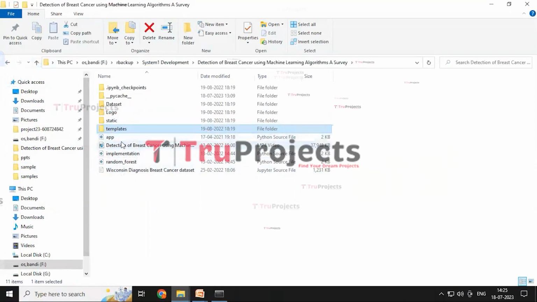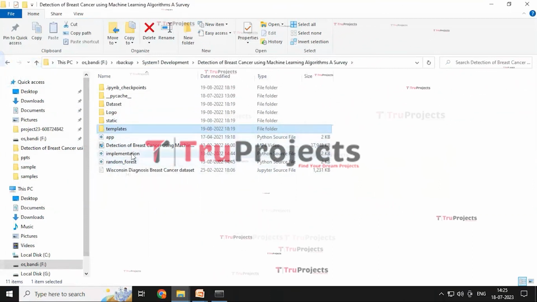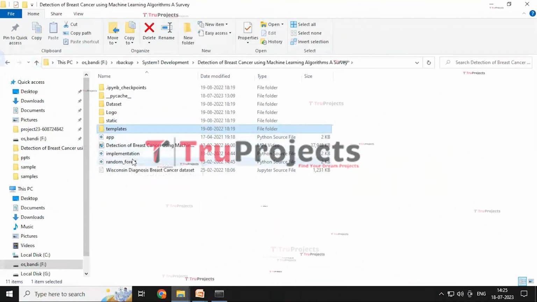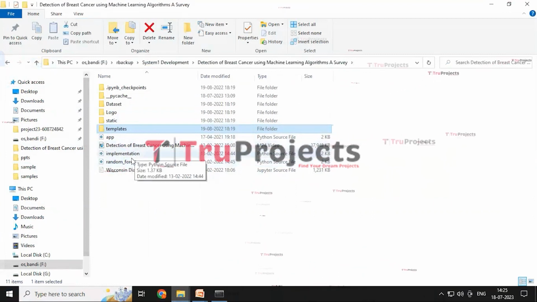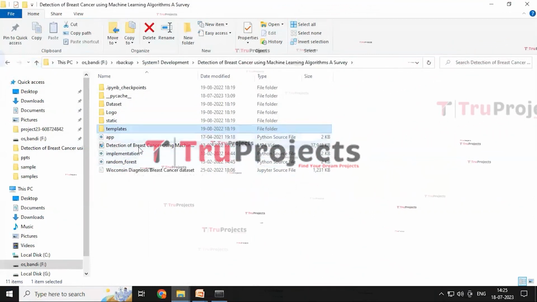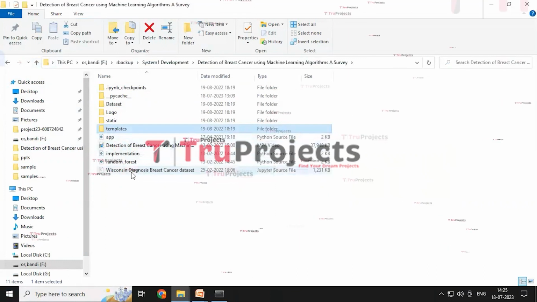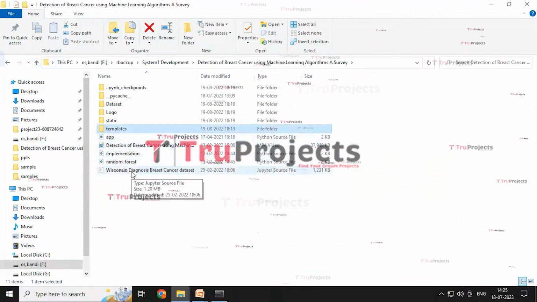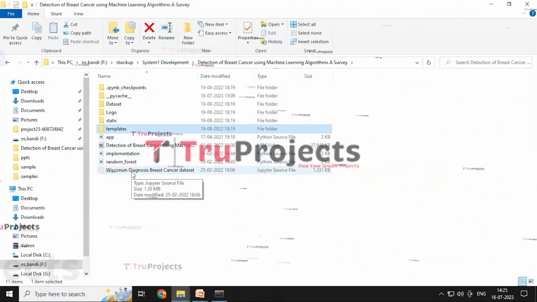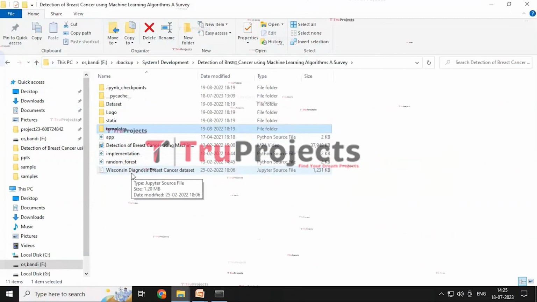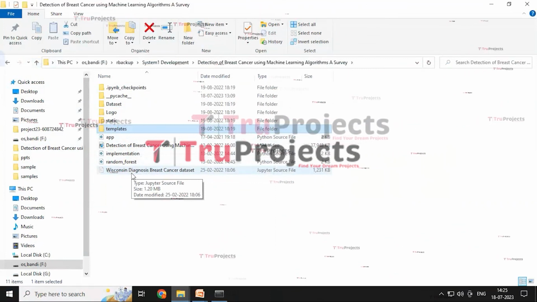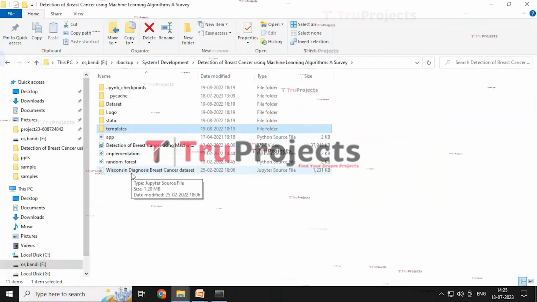And the random forest implementation or the Python source files as of app file. And Wincon breast cancer is a dataset, a Jupyter source file, where it contains the combination of the code, graphs and output all in one place. It allows the user to write and execute the code in individual cells, making it a popular choice for